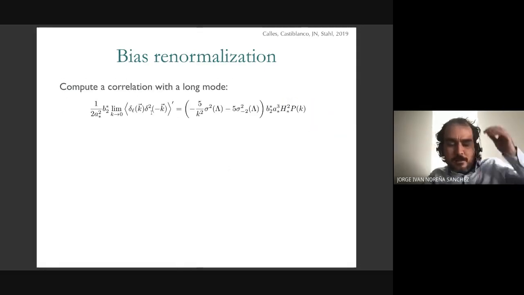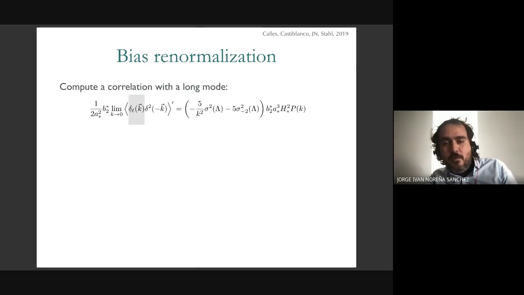Now let's look at, also in the Newtonian case, you have to consider correlations between your operator and a long wavelength mode. So let's consider a correlation with a long wavelength mode of this kind. And if you get something non-zero and cutoff dependent, you should also subtract it, because this is some artificial cutoff dependence. So you have to redefine your operator such that you subtract this.